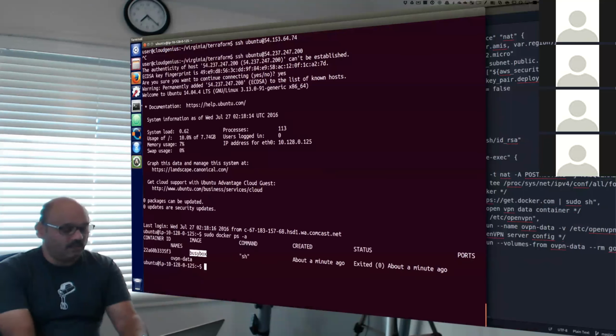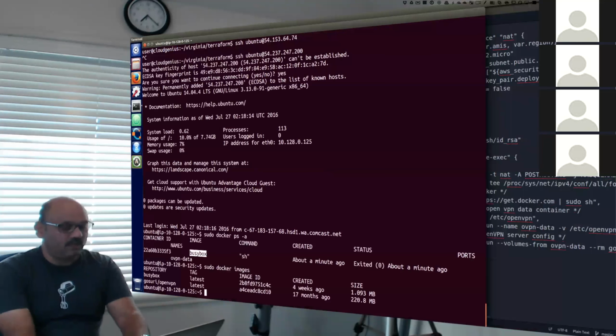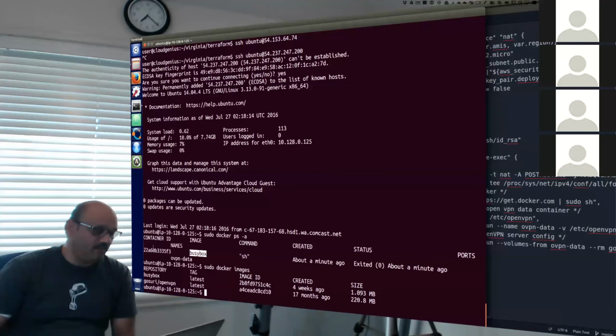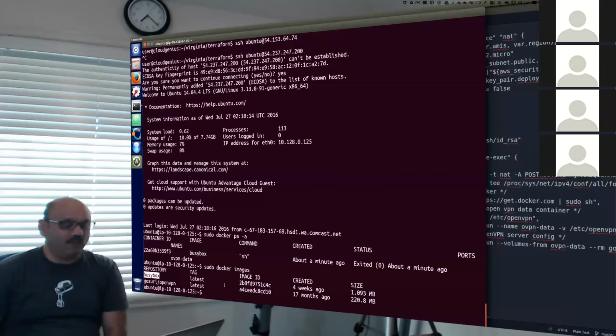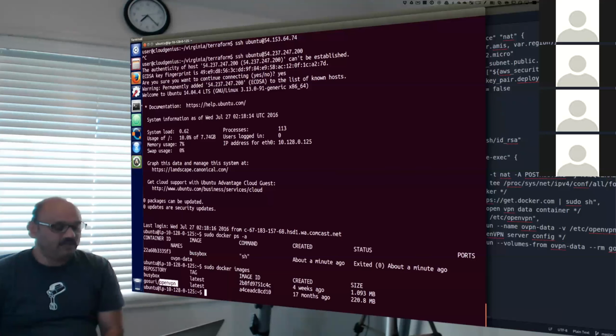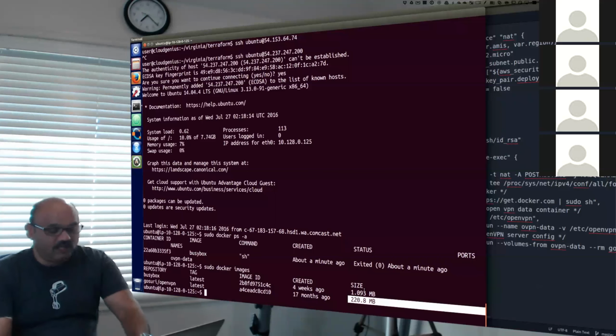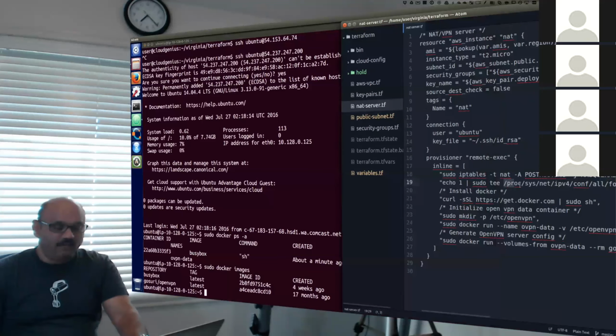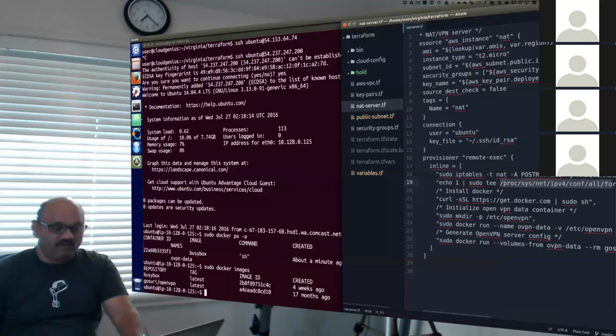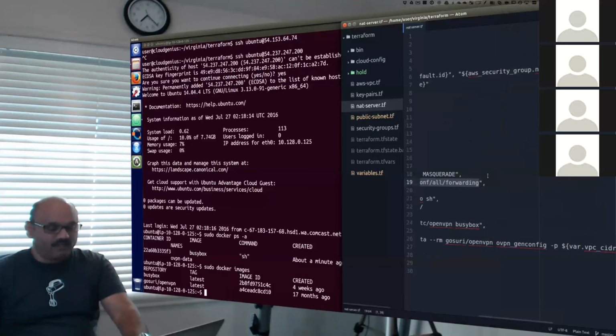We'll also see Docker images, that there are these two images, one for BusyBox, which is a very small, tiny image, 1 megabyte, and the other OpenVPN image already downloaded, available for us. So we see that these things are running. We'll also see one thing here, which is this proxy snet IPv4 forwarding file. I want to make sure that I read that file.